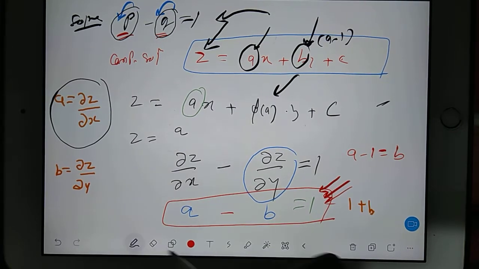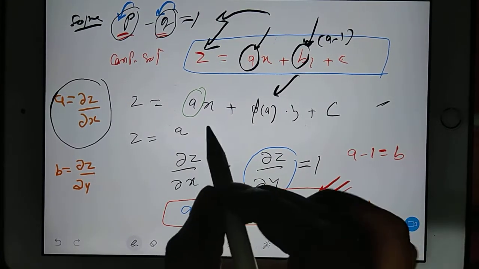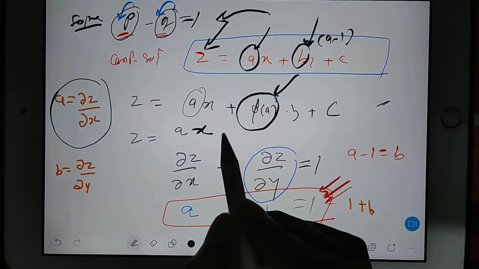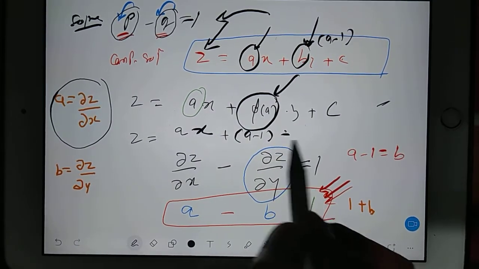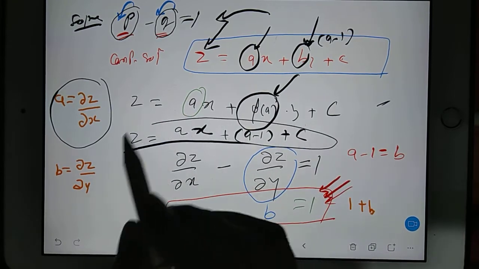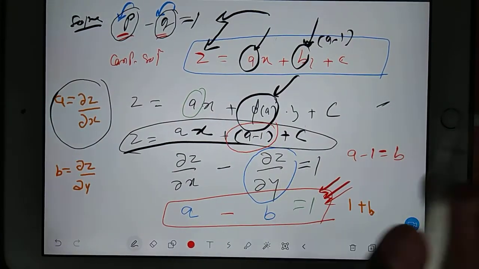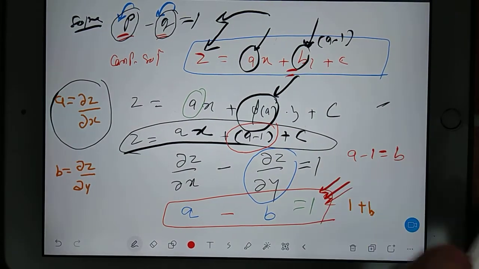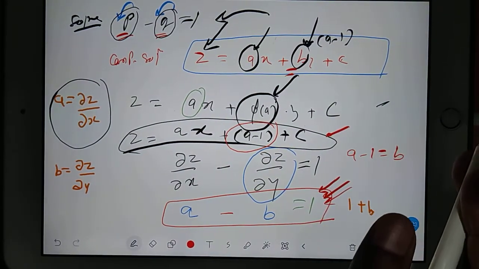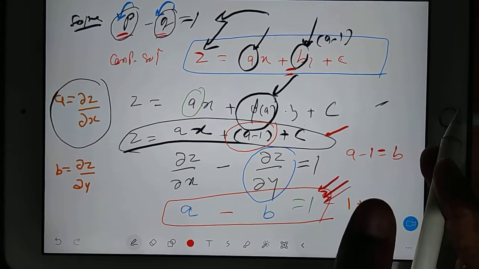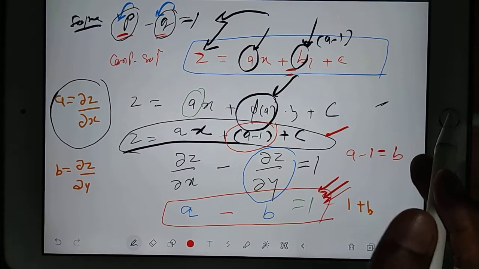Okay, no problem. You watch the video later. You see here. So this b value you can replace as a x plus a minus 1 and plus c. This option you have to look for in the GATE exam. My main focus is that here you should have the term of a because we are replacing b. So I hope it's clear. Now we'll take one more example. So a few more things will get clear.